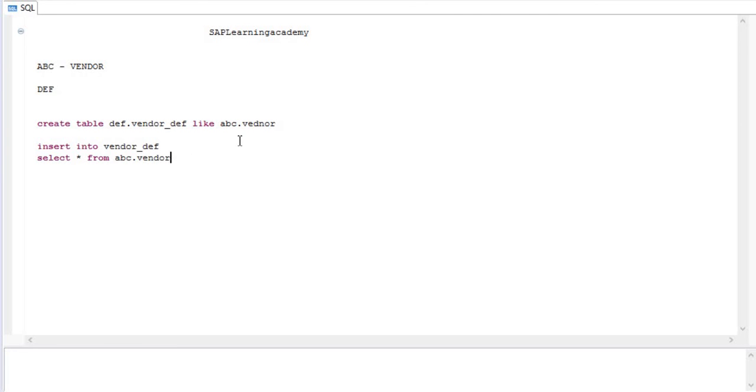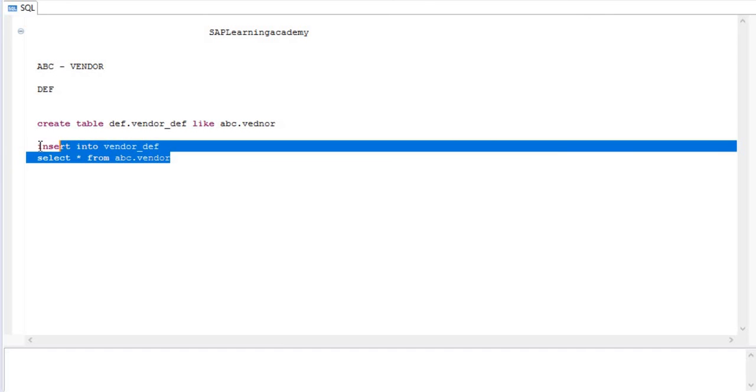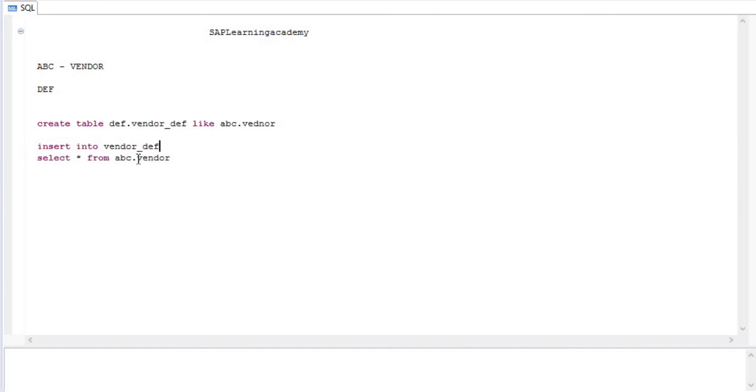If you execute this statement, it will insert all the data from this table into the new table.